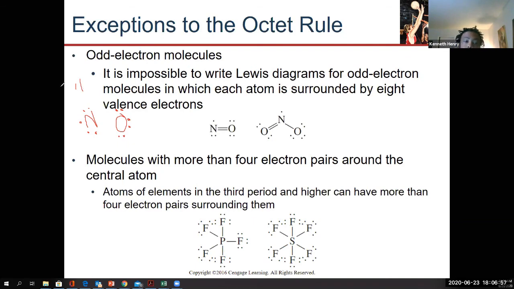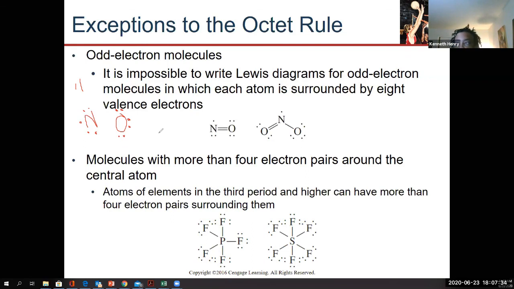11. So any way that you do this, you can do it 15 million different ways. I usually make a bet on this because I always get free money for this. Because you have an odd number of electrons, there is no way that you can fulfill the octet rule. Never. It can never happen. Because altogether it adds up to an odd number. So that means you have to figure out the best way of doing it. Both of these molecules exist. They're very reactive because they're kind of unstable,